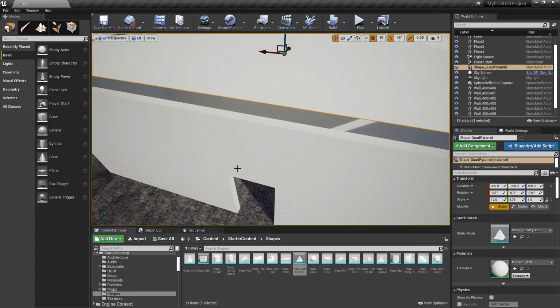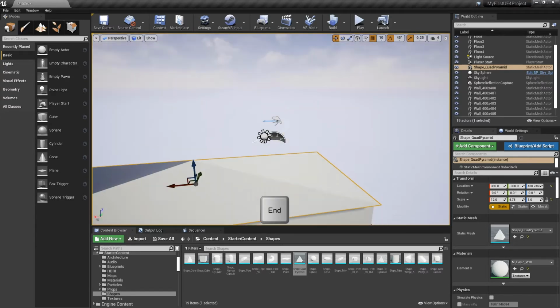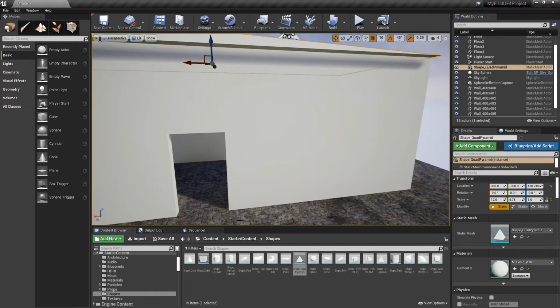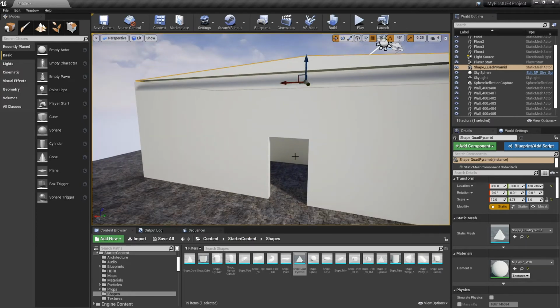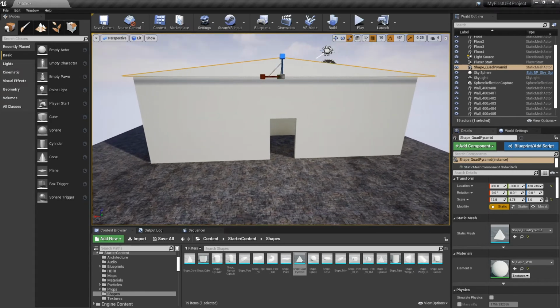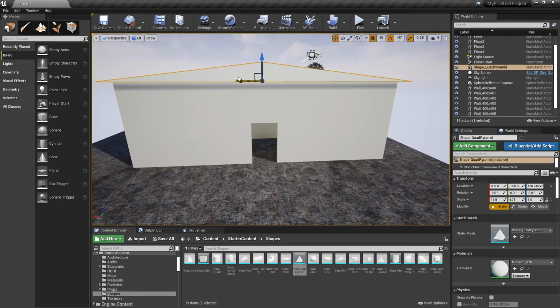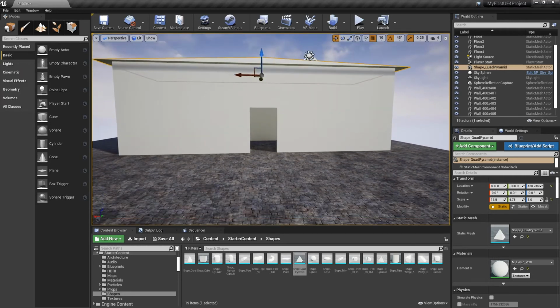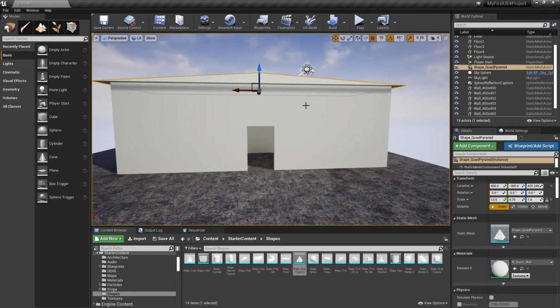All right. And I just hit the End key again to snap it. You can make that pyramid roof however you like in terms of sitting it on top there, but I'm just going to try to get it close. All right, so we've got this all pretty much set. Let's put this into a group and we'll call it a house.